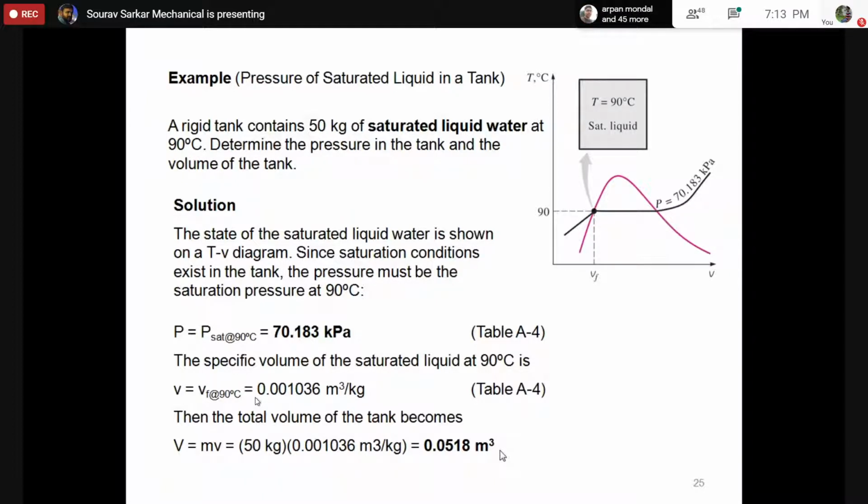Can anyone try this and explain to me? This was an information, but if I ask you what is the exact mass? Sir, we have to know the temperature of the water. And then tell me what is dividing by the specific volume. Yeah, fine. So now tell me what is the weight of 100 degrees Celsius liquid water at 1 atmosphere?